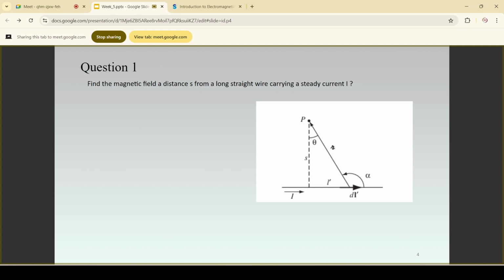और डीएल हमारे पास एक वेक्टर क्वांटिटी है और इसमें करंट आई फ्लो हो रही है सर्किट में, और ये अल्फा एंगल बना रहा है। ये जो आर डिस्टेंस को मिलाने वाली रेखा है वो अल्फा एंगल बना रही है करंट की डायरेक्शन से या डीएल एलिमेंट से। तो इस फिगर में हम बड़ी आसानी से देख सकते हैं, ये इसका कर्ण है, ये लंब है, ये थीटा के लिए, और ये आधार है।